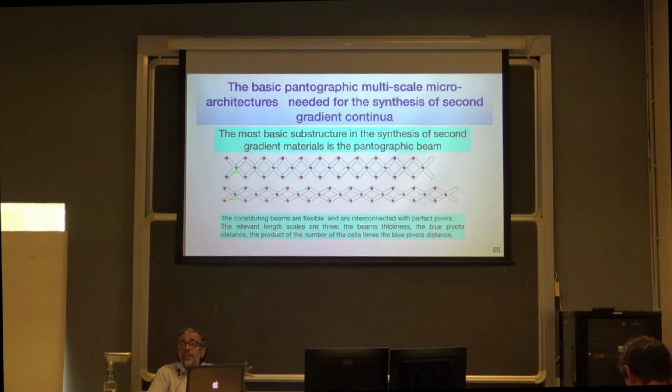So there is another tragedy in Italy. Mechanics applied to machines is taught by some group of professors. Structural mechanics is taught by another group of professors. So I am a heretic. I am invading the field of another group because this is clearly a machine. You homogenize it and you get a structure. Okay? So the idea is to have micro mechanisms activated at micro level, giving at macro level second gradient materials.